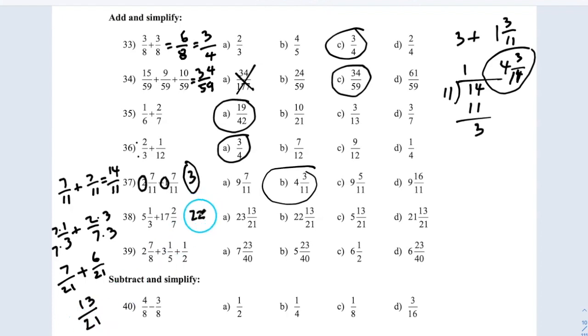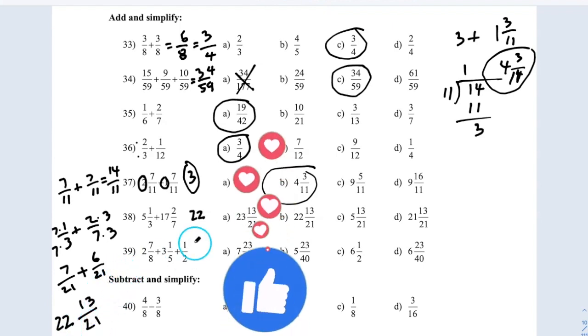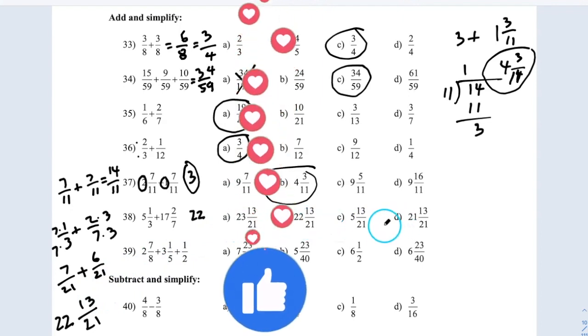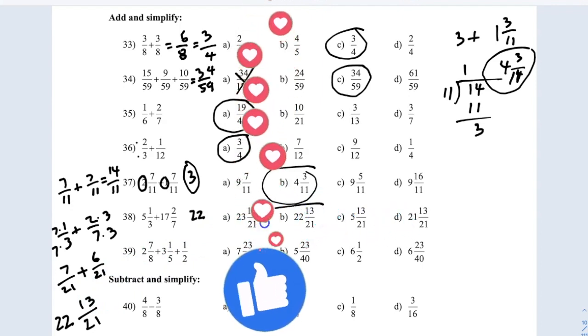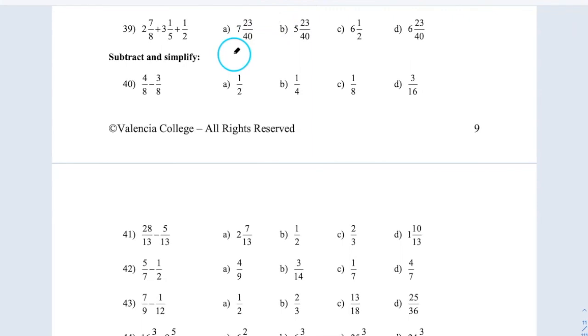Alright, so that means I have 22 whole units. 13 over 21, is that one of the answers? 22 and 13 over 21, here we go. 39, same idea as the other ones. Alright, we know in whole units we're going to have 2 and 3, which is going to give me 5. Now I have to add 7/8